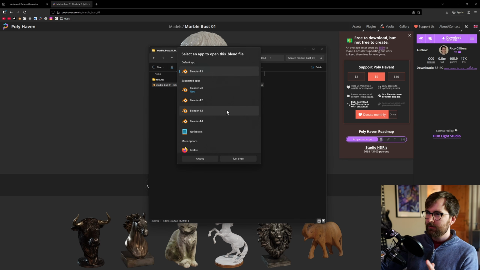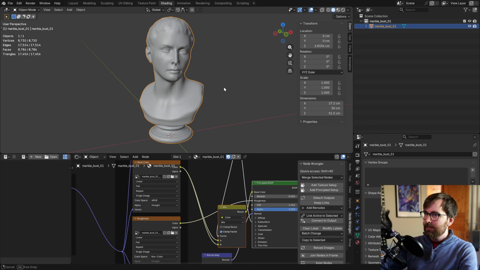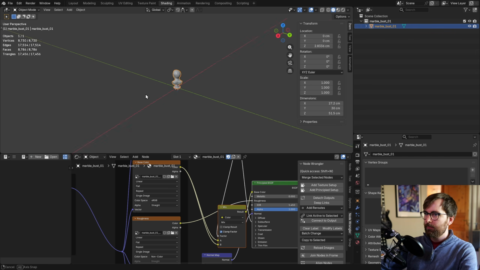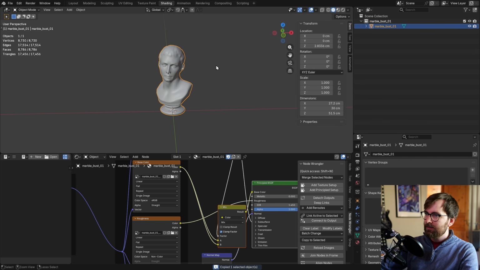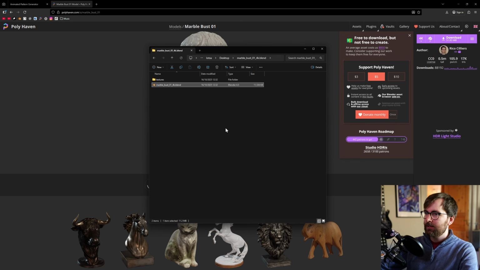open the blend file. Oh, Blender. I'm going to open it in Blender 5.0. Hopefully that works. And then what I like to do is just take the object, it has all kinds of stuff set up, and I like to just press Control C and copy it. So now you can see that's copied, and you can just close the blend file,